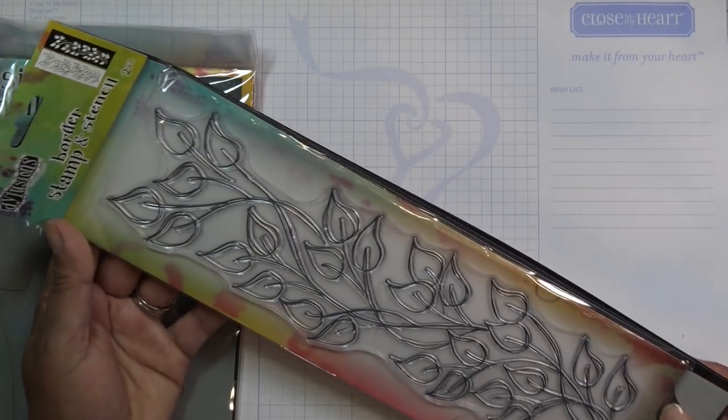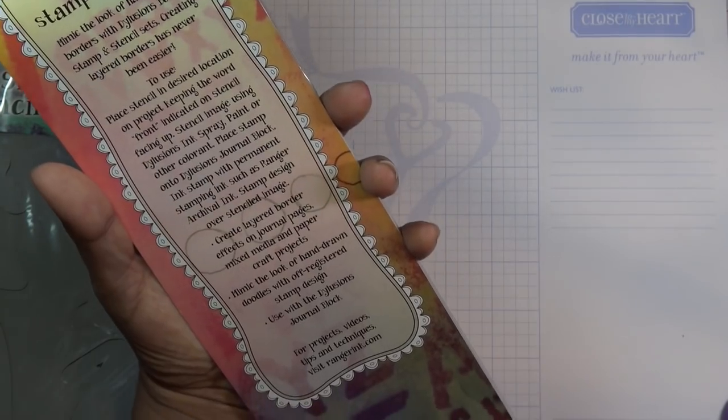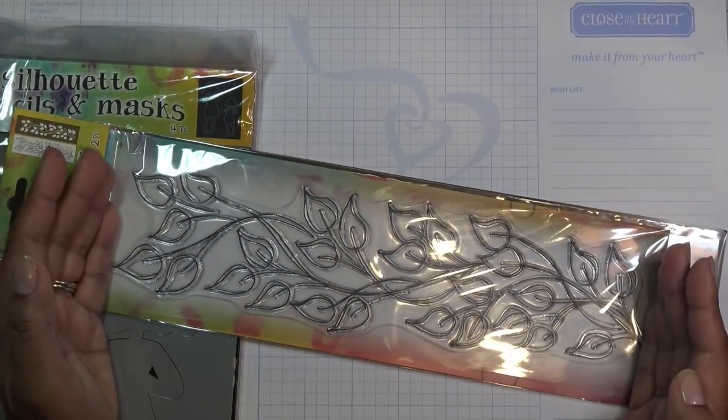This is the Border Stampin' Stencil, and it says adult use only, okay guys? So large leaf border. This is huge. Can you see this? I mean, I don't know if...